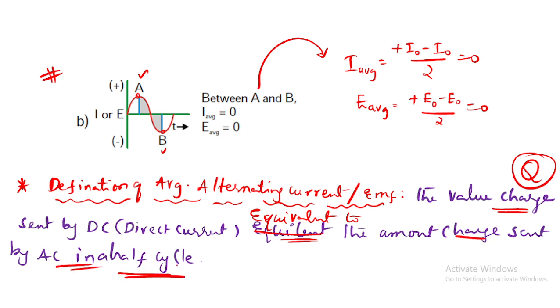Full cycle, though, you cannot define. Yes or no? In a full cycle will you define it? Because for a full cycle anything becomes 0. Only in a half cycle can we define it. Is it clear? Any difficulty? No difficulty. Clear? Right?